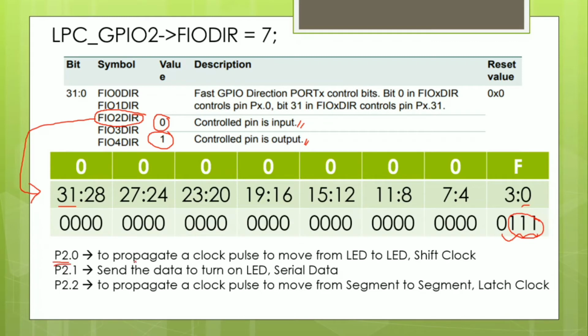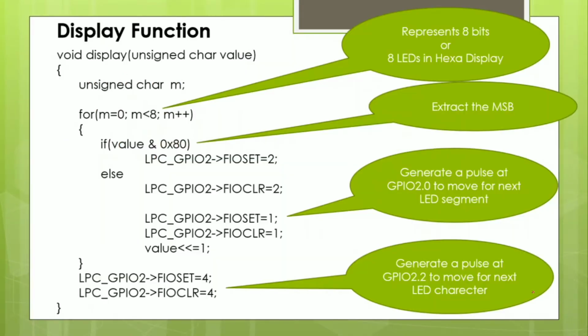Pin 2.0 is to propagate the clock pulse to move from LED to LED, that is the shift clock. And 2.1 is to send the serial data. 2.2 is to propagate from segment to segment, which is called the latch clock. Okay, now look at the next